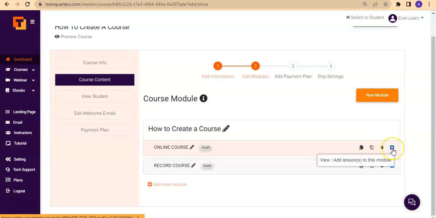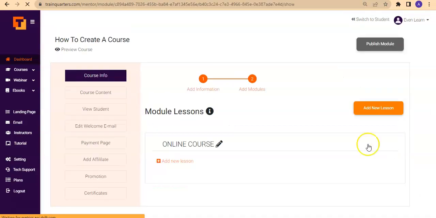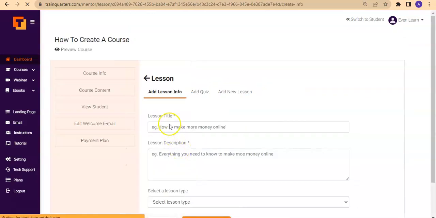Now this button is the next button I want to click. This is where you view and add new lessons. So I'm clicking this button and I'm adding a new lesson. For my first module online course, I'm adding a new lesson. My lesson title is